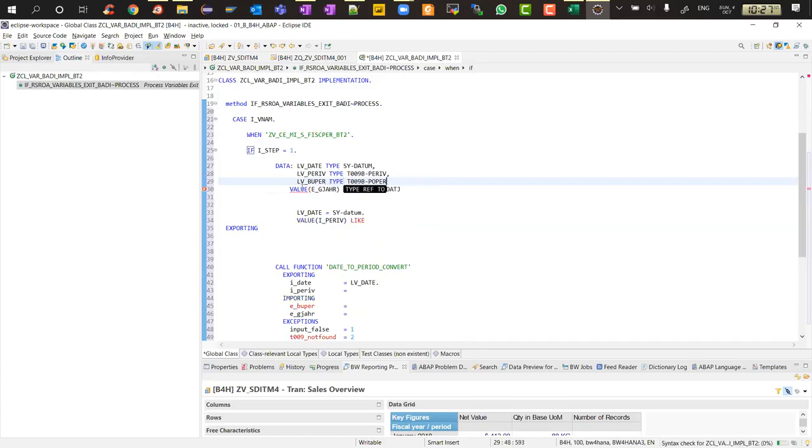Type is this. Right. And then we have LV underscore